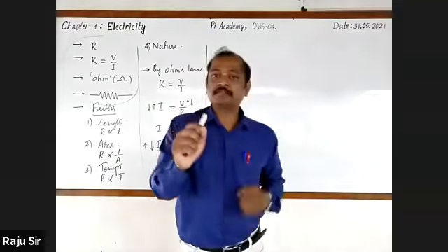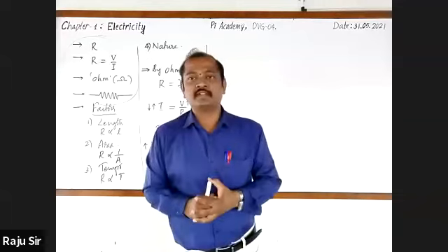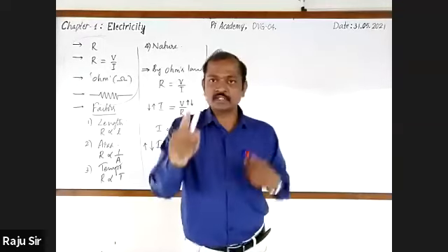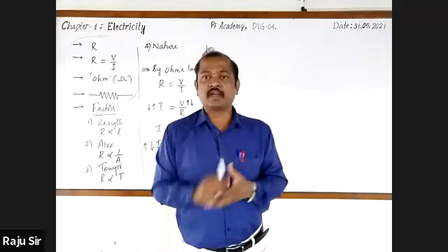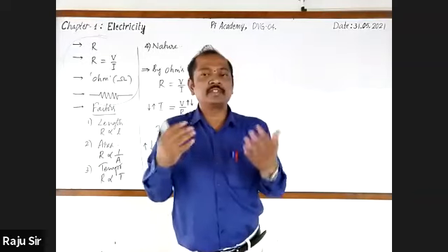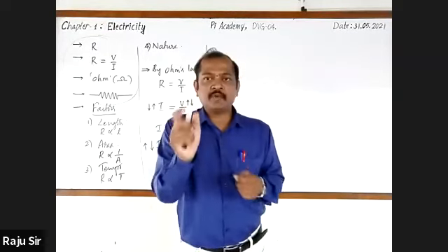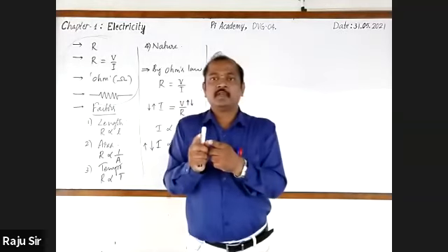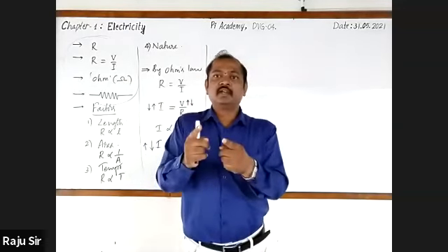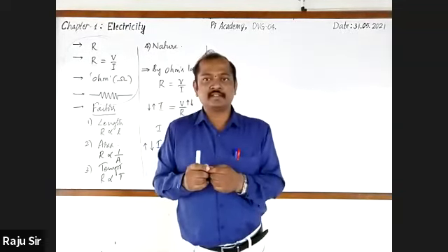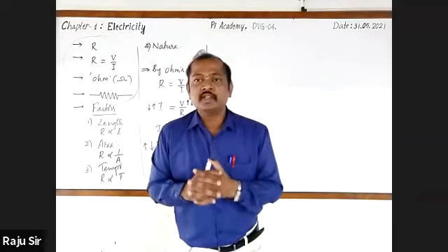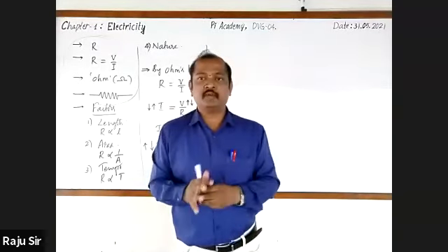Followed? So for this purpose, we go for using a device. That device is called a rheostat. Rheostat is a device which varies the current without changing the voltage. Then you all may be thinking that how is that possible? Dear students, the main function of this rheostat is changing the electric resistance so that current changes. How does it change the electric resistance? By increasing the length of the conductor or decreasing the length of the conductor in the circuit. Hope that you have understood.